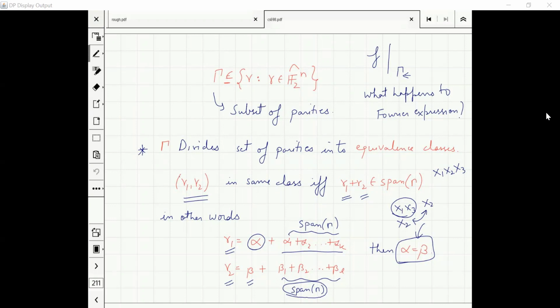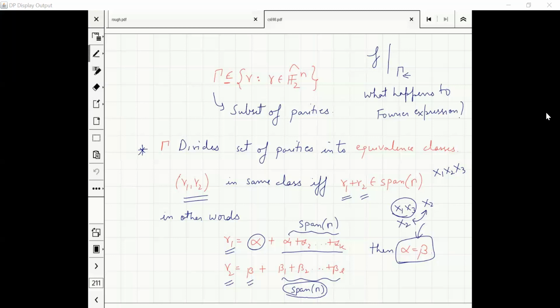So notice that this representation is not unique, right? I can add any element of the span of gamma to alpha, and the span of gamma part will change correspondingly. That's why I mentioned that you can pick your representation of gamma 1 and gamma 2 such that alpha is equal to beta, because gamma 1 and gamma 2 belong to the span. This decomposition is definitely not unique, if that's what you are alluding to.